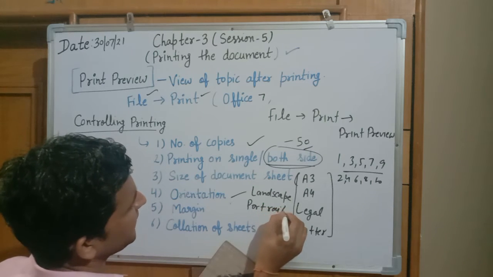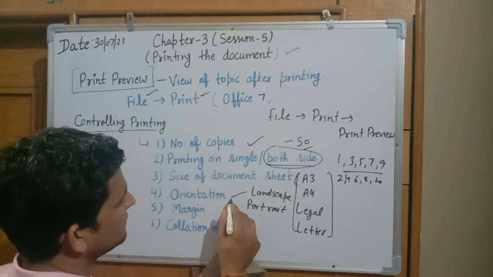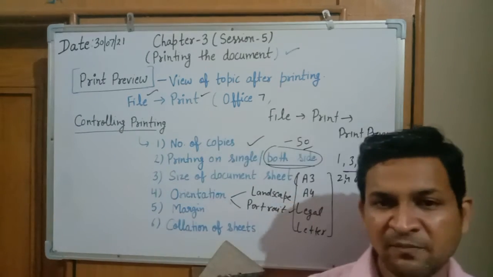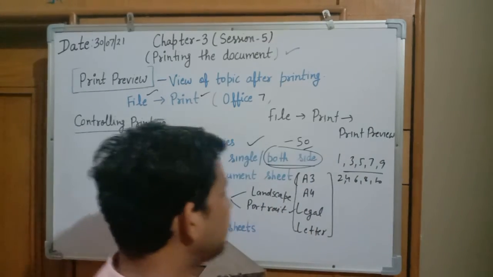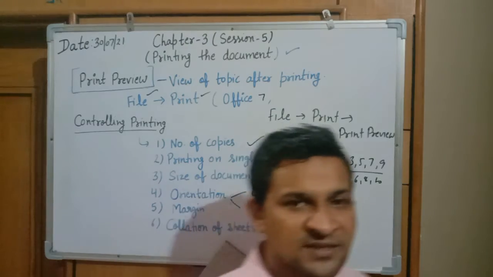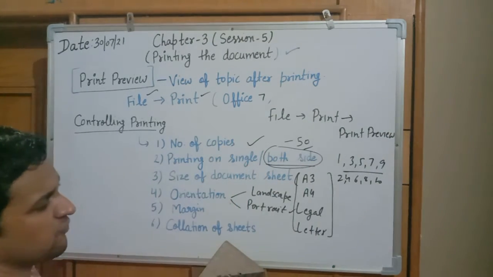Now the question will arise, by default which form is required? By default the printing will be displayed in portrait form. If we want to make the printout in landscape form, in that case we have to adjust the orientation of the web page. Orientation of the page has two options, landscape and portrait. Either option we can opt for printing.